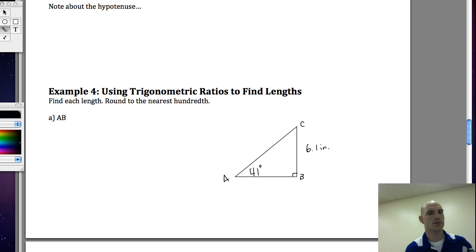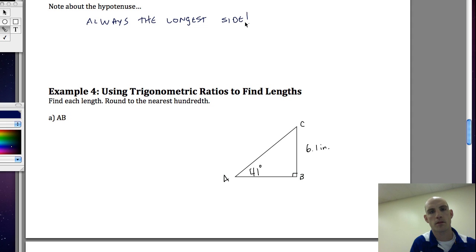Let's take a note about the hypotenuse. The hypotenuse, as you remember, is always the longest side. It's always the longest side of a right triangle. And so when it's on the bottom of a fraction, and you put either the opposite or the adjacent side, it's going to be a fraction